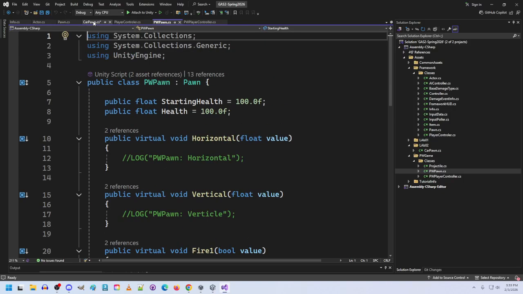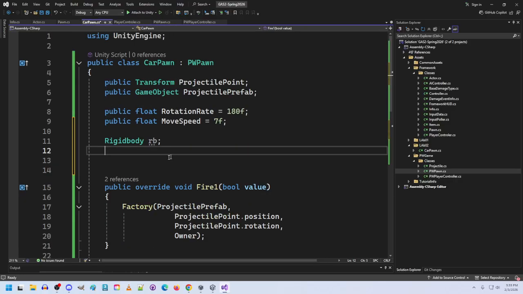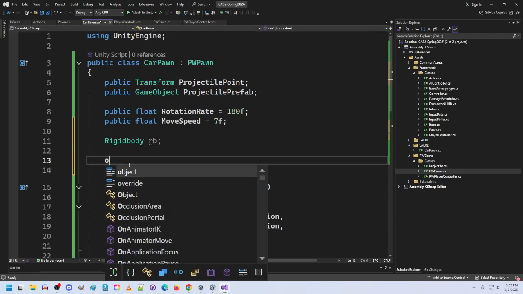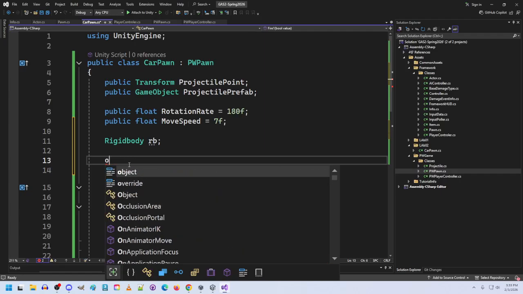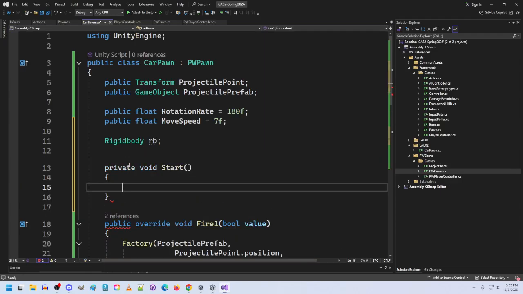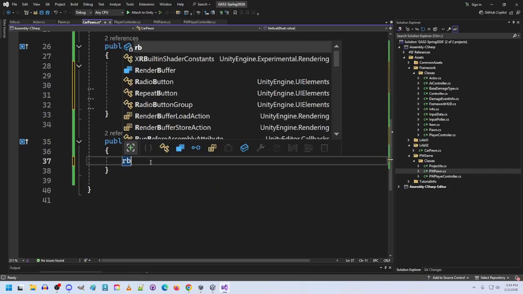Okay, so we can, in theory, use on start. So we need to do a start. RB is equal to use game object, get component, rigid body. So in this case, we're getting the rigid body that is assigned to it already. And that will allow us again down here to basically do rigid body